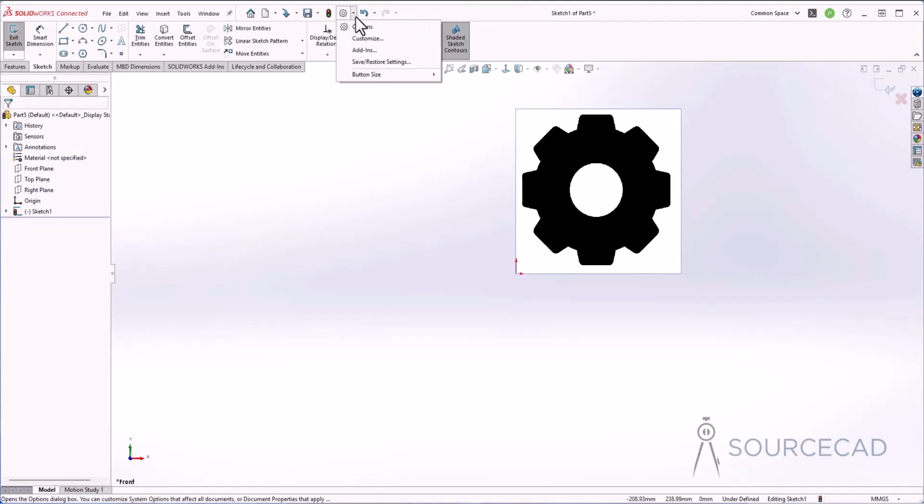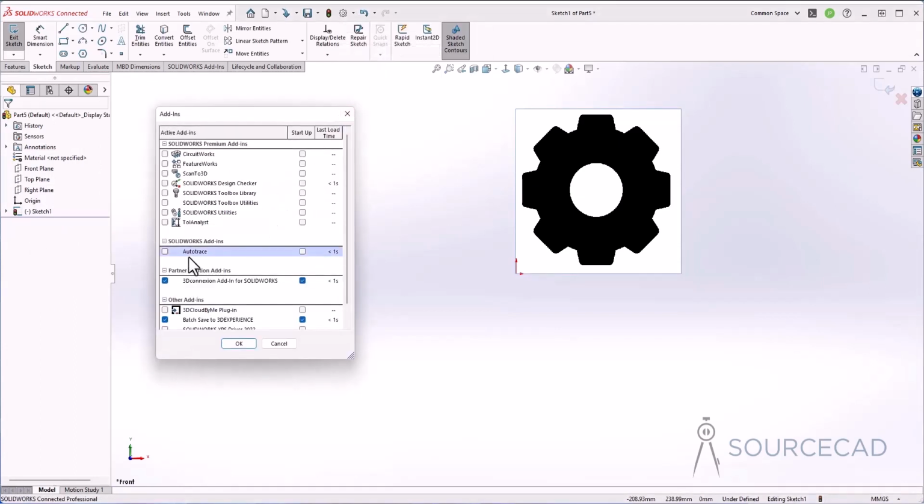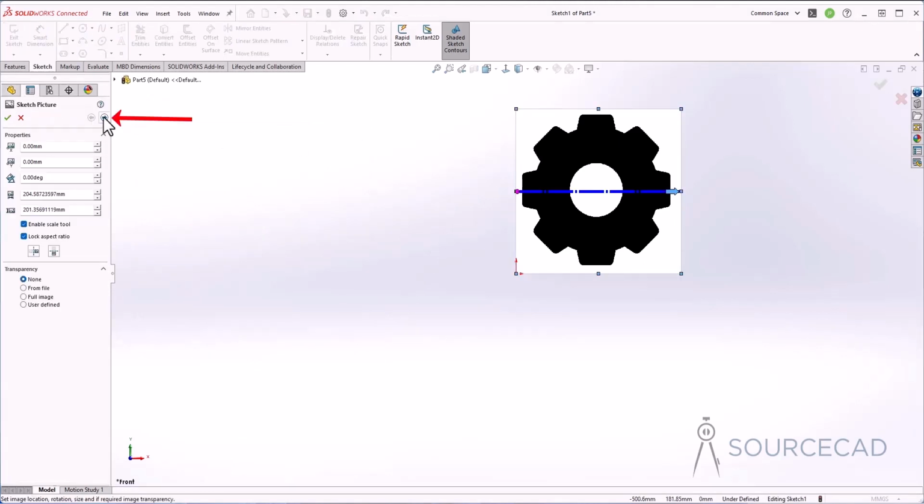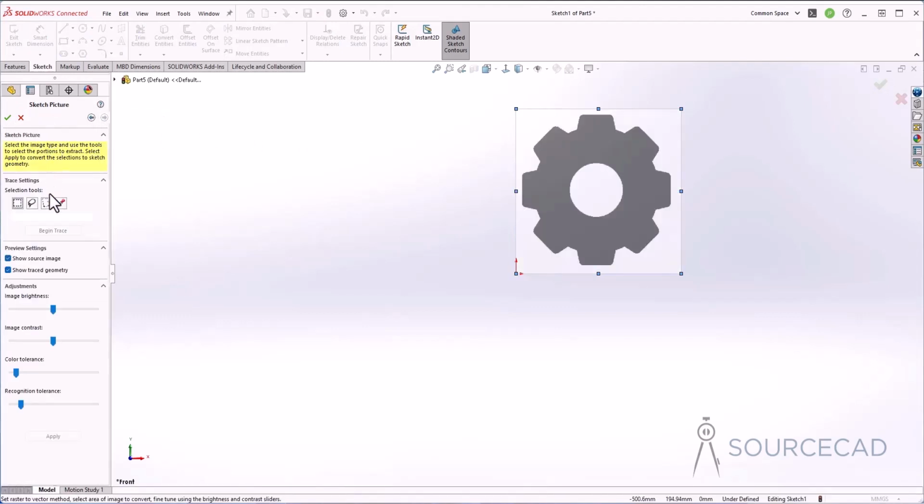So I'll go to this drop down, select add-ins, and right here we have an option called Autotrace. So I'll simply activate this and now I'll double click this image to go back to the sketch picture option. And now we have this extra option. So click on next and that will take you to this auto trace option where we can now trace the